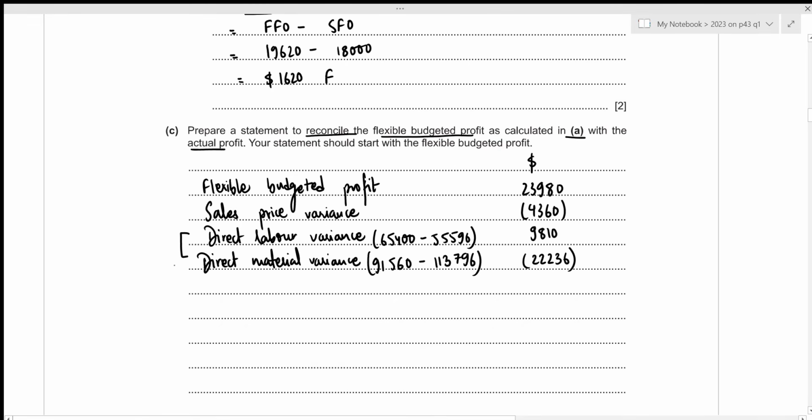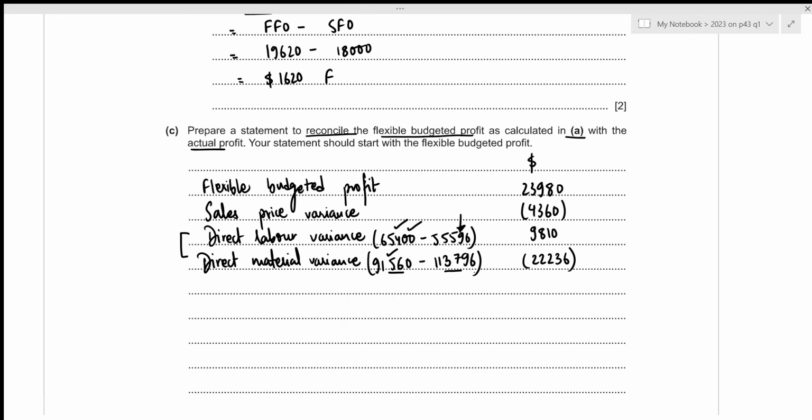And for both of these, the explanation is quite simple because these are the values that we budgeted for the actual number of units, right? But these are the actual cost for the direct labor as well as direct material variance. And in case of direct labor variance, we can see that it's a favorable condition because in reality we had to pay lower as compared to what we anticipated for. But the opposite is true for our direct material variance because we hoped for only 91,560, but we actually had to pay for 113,796. So our cost was higher than what we hoped for, which results in an adverse condition that's subtracted from